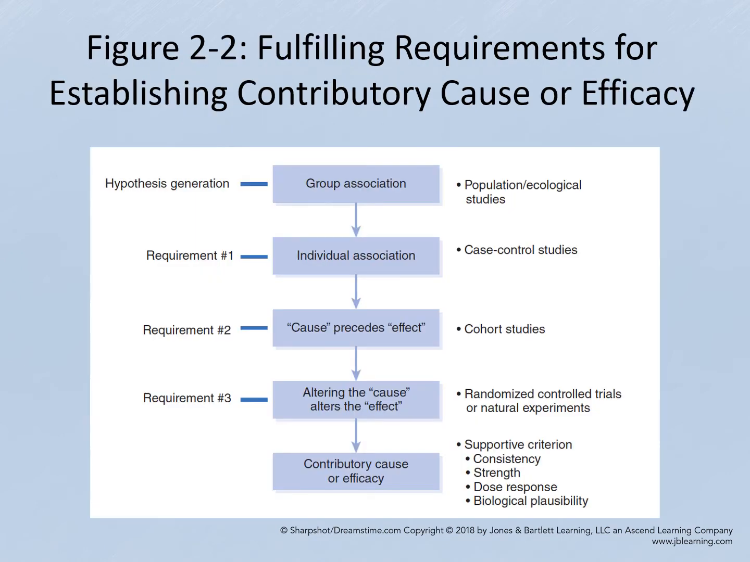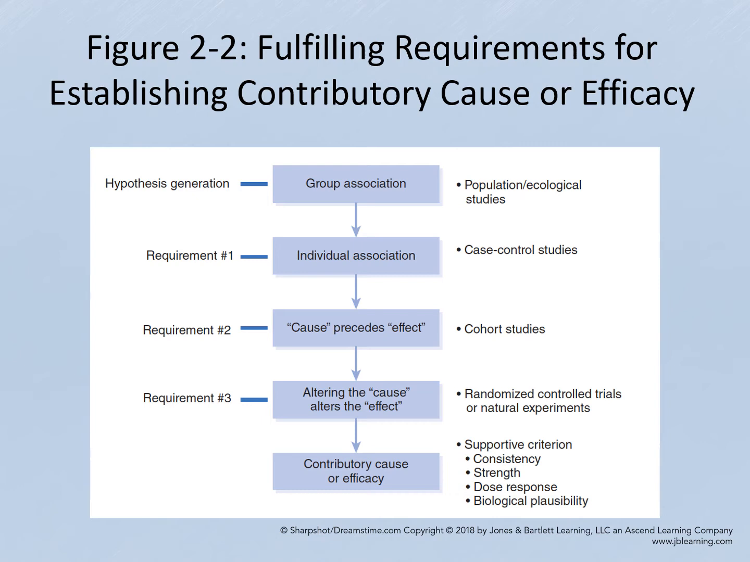So based on these requirements, the epidemiological studies differ. First, to identify group association, we do population or ecological studies. We're looking at the larger population and identifying the probable risk factor for a particular illness. That is a population study. In order to pinpoint and say this particular cause caused this particular effect, then we have to do the